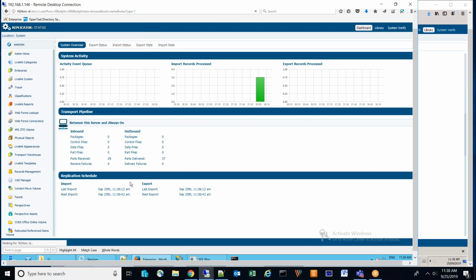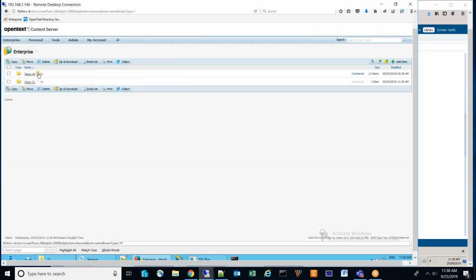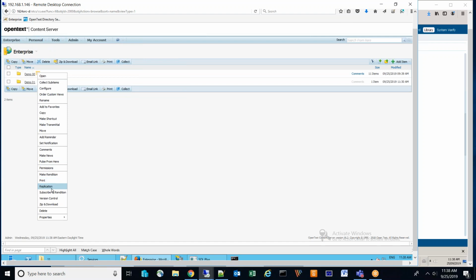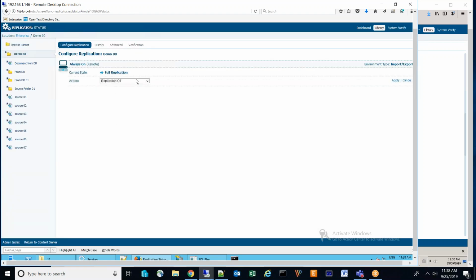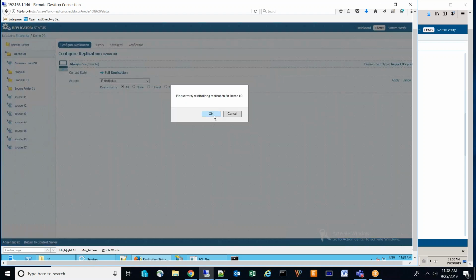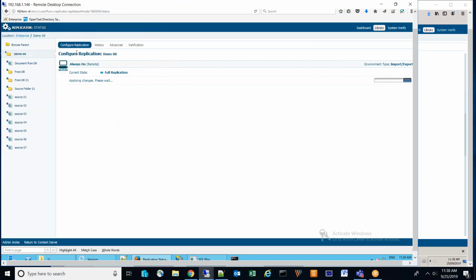Return to content server. I'm going to go here and send a whole bunch of information. I'm going to go replication, and I'm going to send all this information back again. I'm going to send it all. So there'll be a whole bunch of information, so we'll be able to see it in the dashboard. So again, it's going to traverse the hierarchy, marking all the objects. They're already marked, but basically this is a good way to, for demonstration purposes, load the system. So if you go back to the dashboard now,